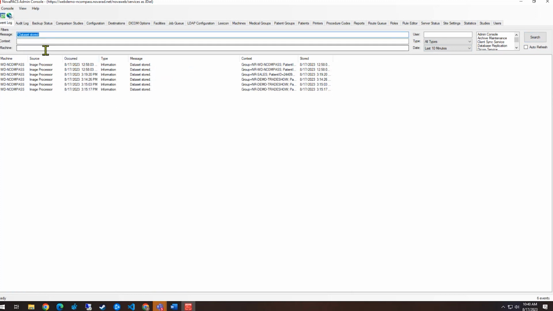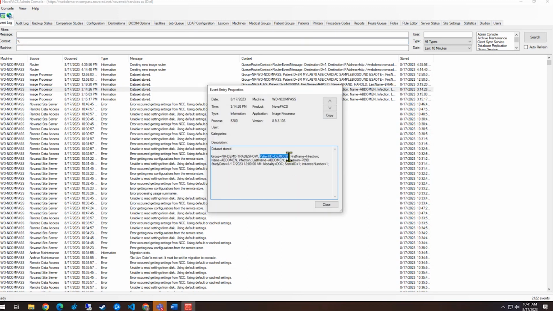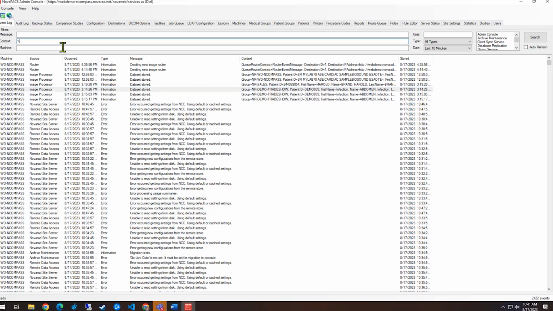Context is probably what you're going to be using a little bit more, just because it has a lot more information in it about everything that's going on. The nice thing about context that not everybody knows is, again, a lot of people will use the star. I've seen it. I've used it. It's fantastic. If you use a %, then it will allow you to use multiple conditions when you are trying to search. So this one right here, we're looking at this one. There is the patient ID, and then we also want the accession number. Sorry, I'm going to have to copy and paste it. So hopefully it all makes sense when I'm done.